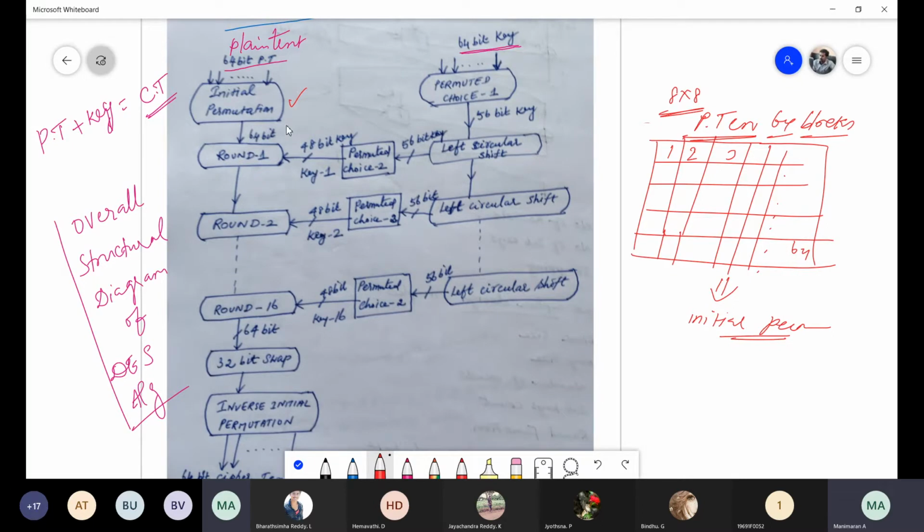Now, initial permutation. After applying the initial permutation, what is the size of the plain text? It is 64 bits only. Then we take that 64 bits of plain text and give it to the first round. This entire thing is one portion, and then we come to the key. On the right side we have the key. What is the size of the key for the DES algorithm? Initially 64 bits. I told you these 64 bits will be reduced to 56 bits, as the result of permuted choice 1, which I just showed you.